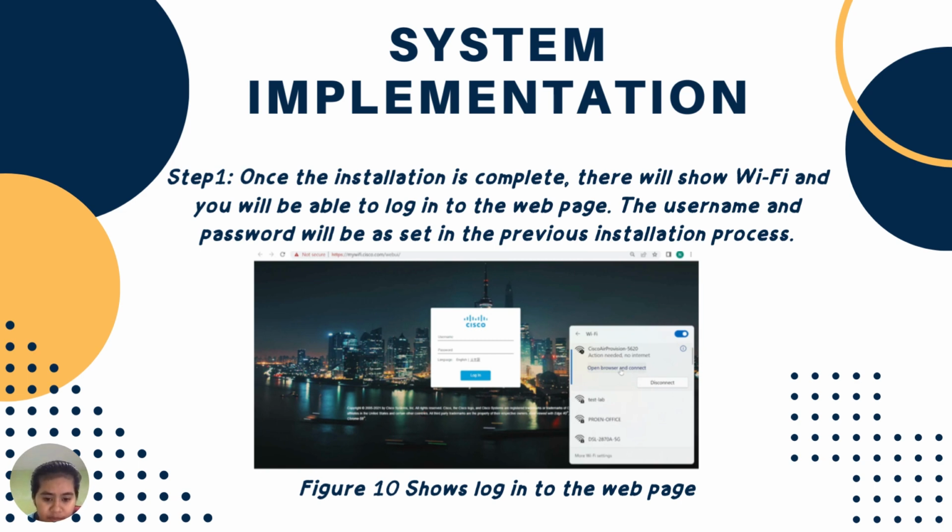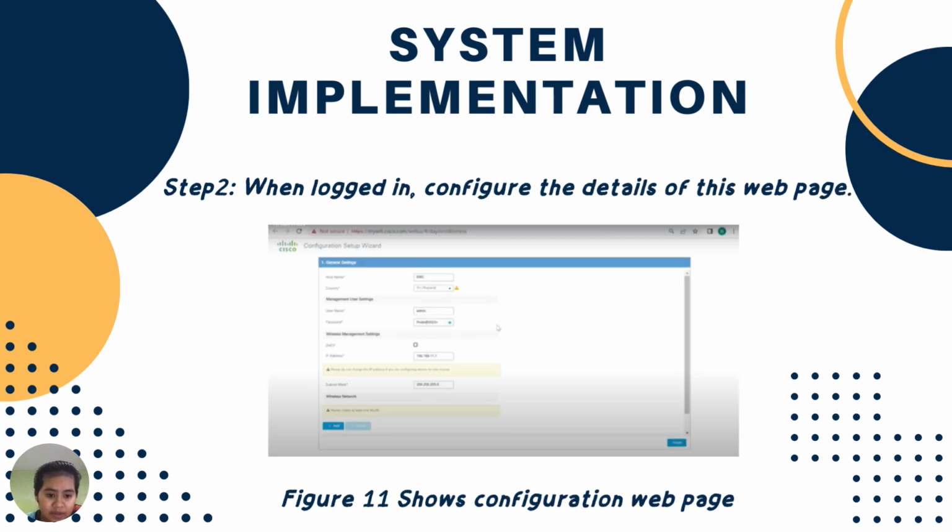In the picture, when you want to use the web UI, you select the Wi-Fi that the controller shows for you. The next step is when you log in, you use the Wi-Fi name of the Cisco,